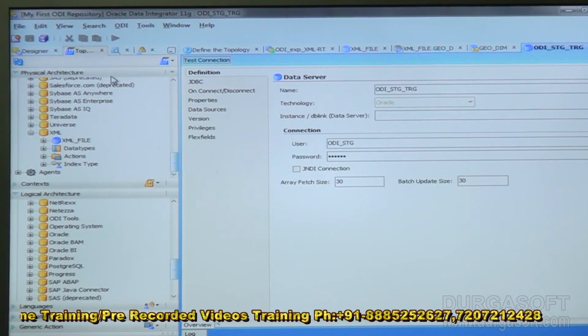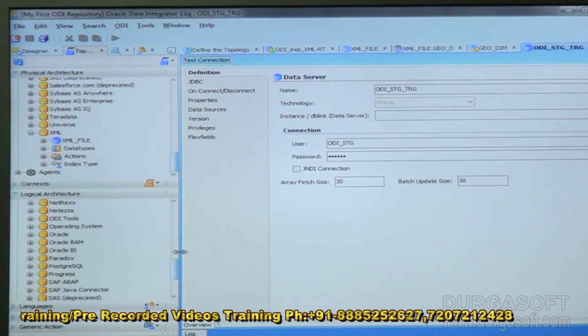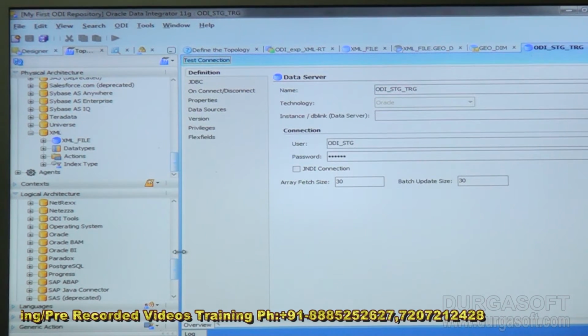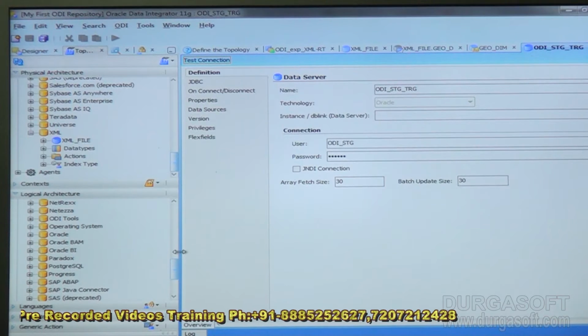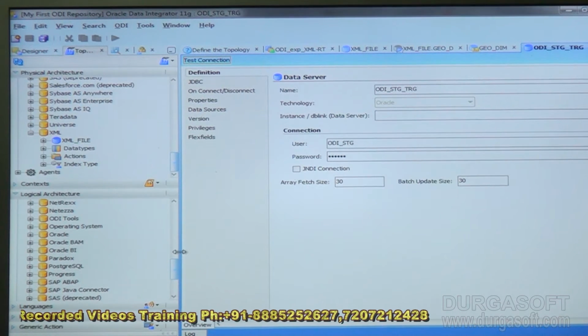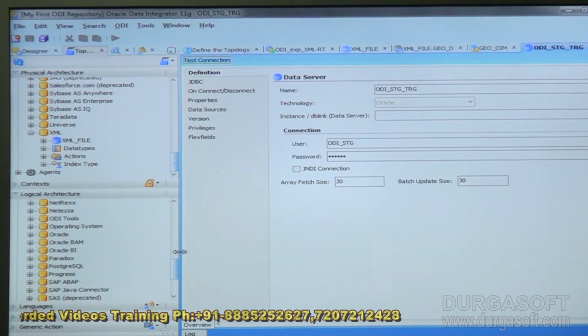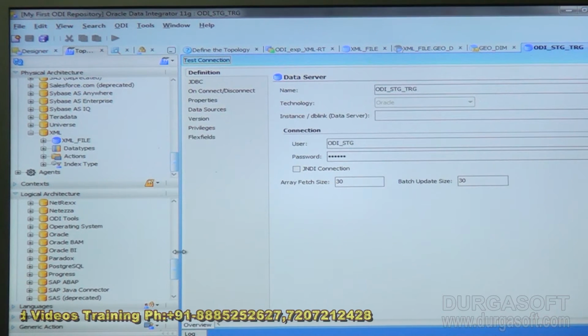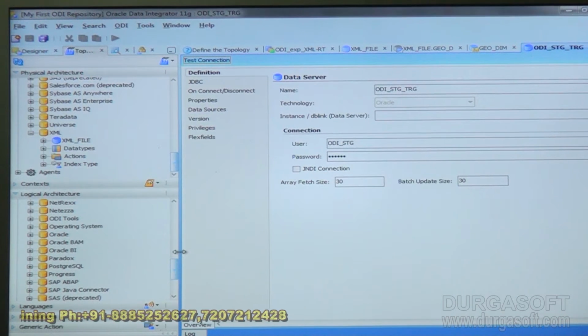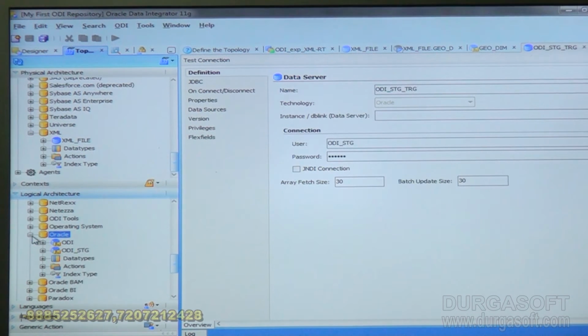Connection is successful and it is saved. Next step, what we need to do, we need to go to logical architecture. We'll expand Oracle and we'll be selecting the